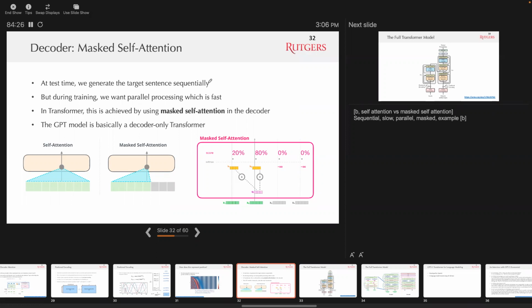If you have a simple full self-attention layer, let's say that you have three inputs, right? That's x1, x2, x3, and if you have a self-attention layer to get to your z1, z2, and z3,